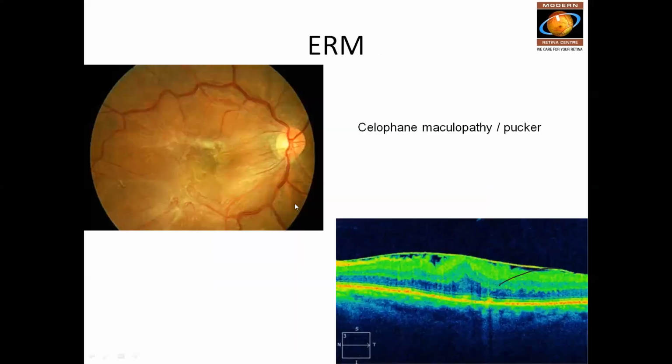And finally, this is an epiretinal membrane. When there is an epiretinal membrane, usually it is not an immediate indication for surgery, but edema can develop, and once the membrane starts shrinking, it can cause folds in the outer and inner retinal layers. Whenever the retinal layers start folding like this, the vision starts deteriorating, and at this stage it is again an indication for surgery.